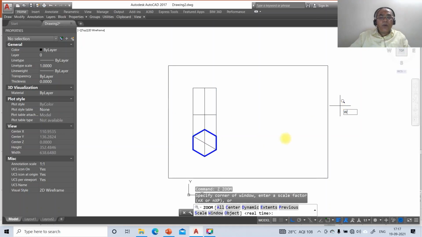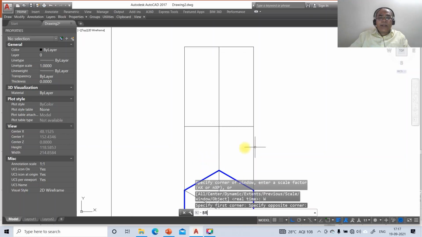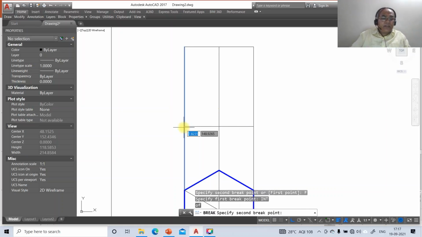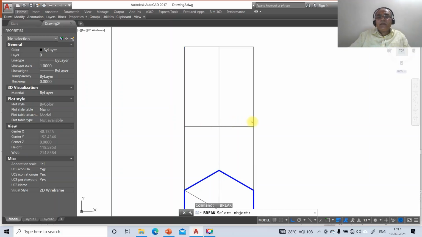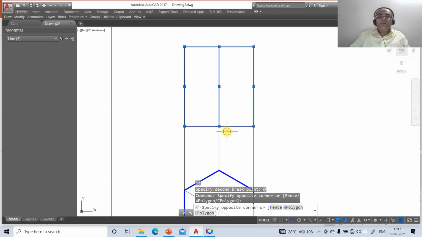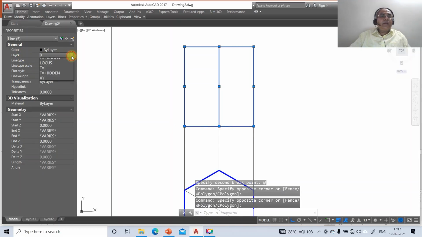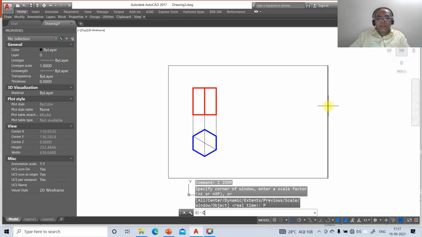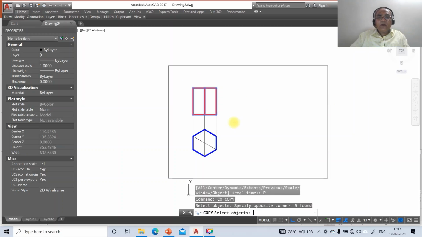Now we come down to this, then go to break. Break this line, first point, take the intersection of this and say @, enter. Similarly break, select this, first point, take the intersection of this and say enter. Then break, select this, first point, take the intersection of this and say @. Now we have all these 5 lines and go to layer, make that as front view. Now you just come down to this, zoom previous, then just go to copy, select this entire drawing, copy to